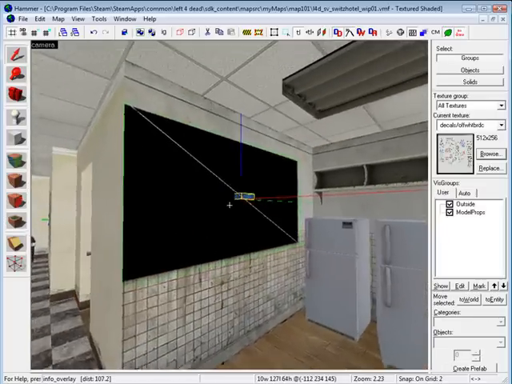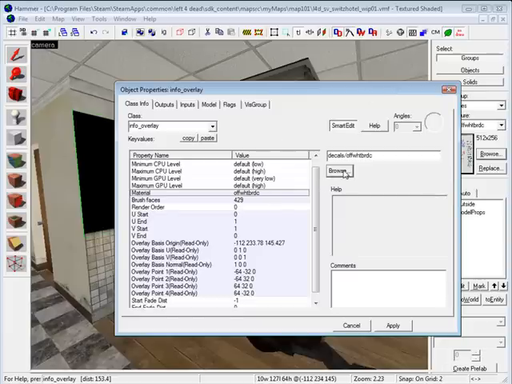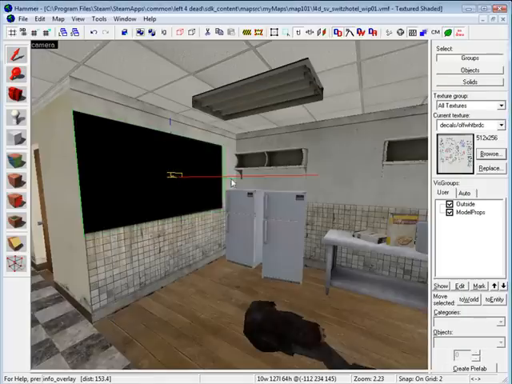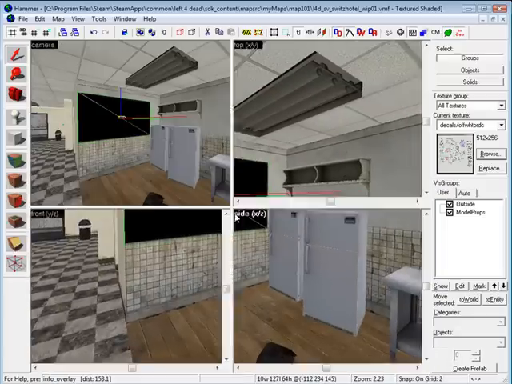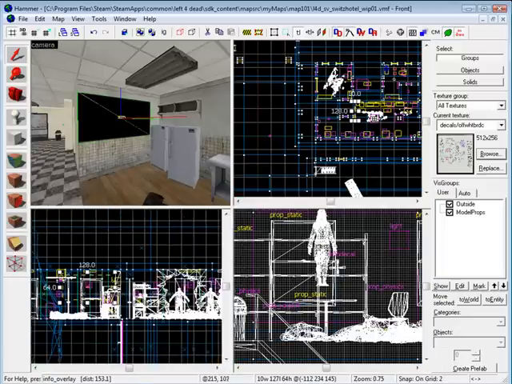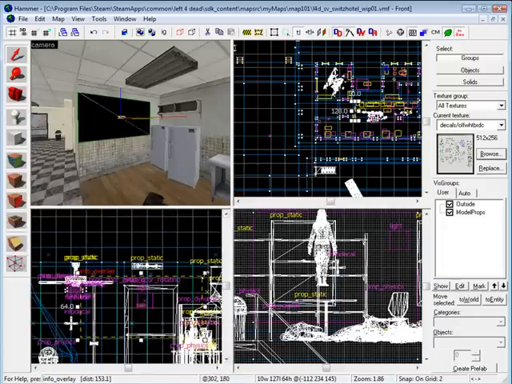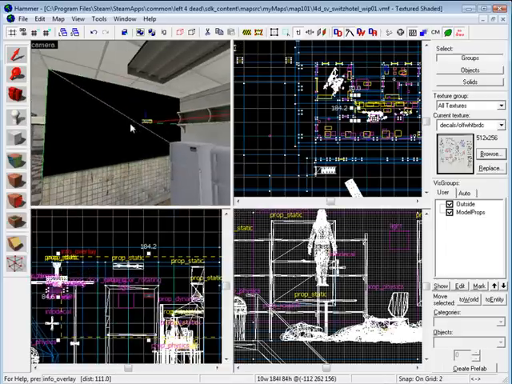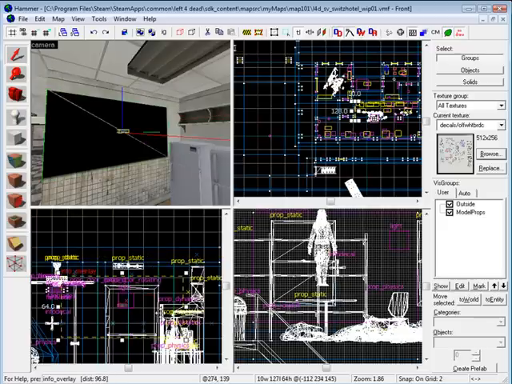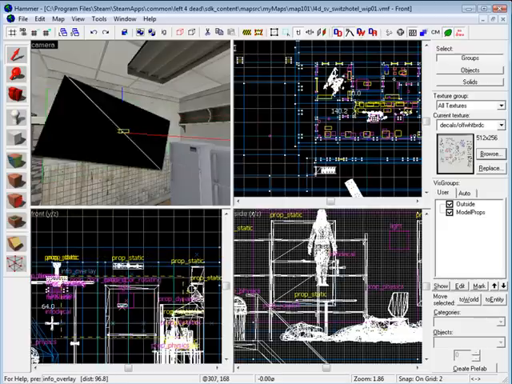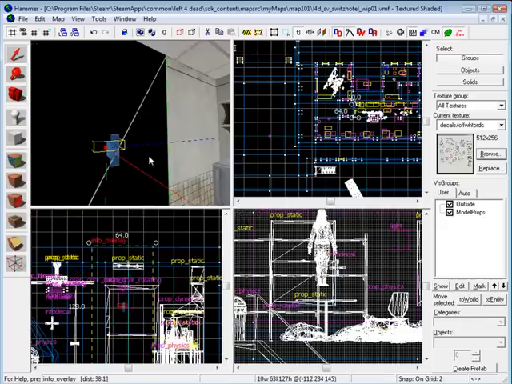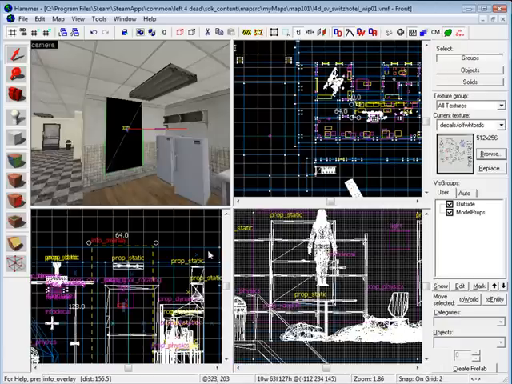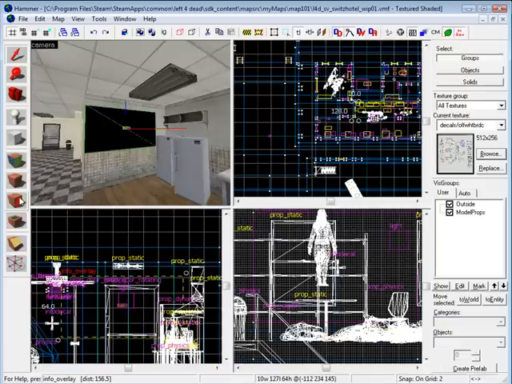By clicking on it in here, I'm able to change any of the other decals, and the beauty of it is I can go in and I can resize my overlay to any size that I want. I can also rotate it, and another thing is if I need to put it on a displacement map,